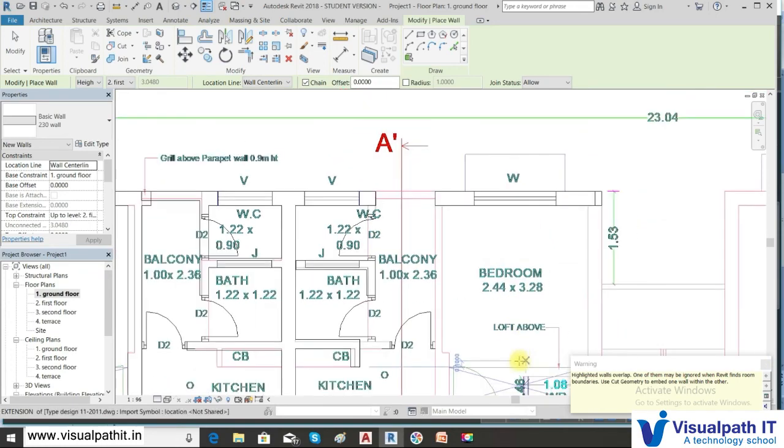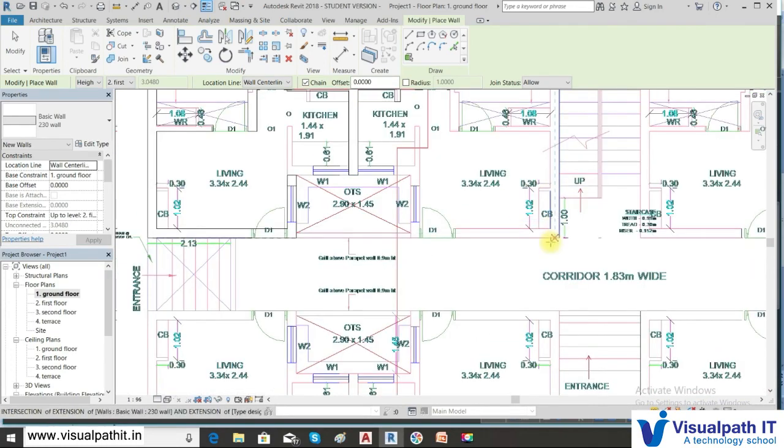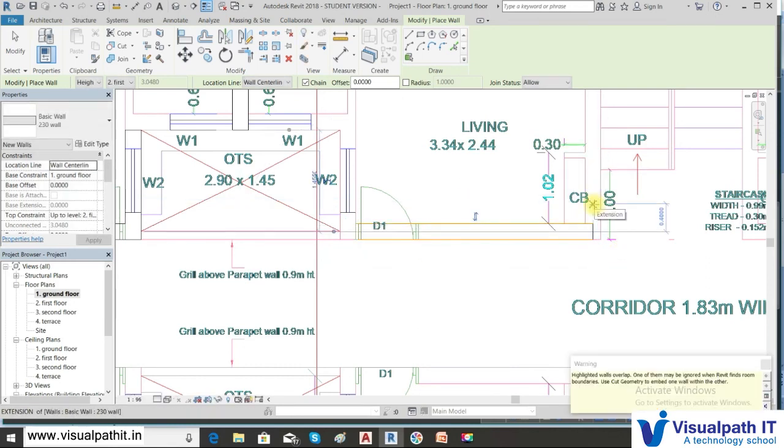Whenever you get a warning in that way, delete the wall and draw it again. So here, again the highlighted wall is overlapping.